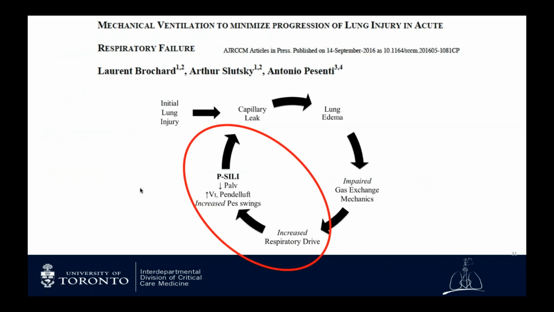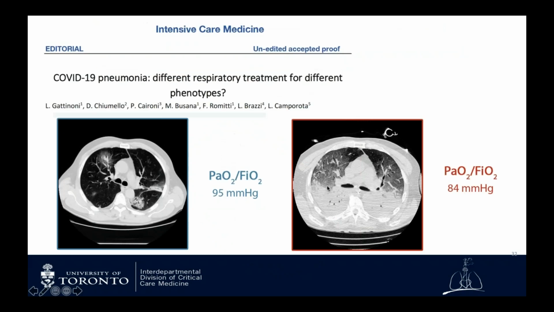And this revolves around one of the main concepts here, the idea that patient self-inflicted lung injury is as important as ventilator-induced lung injury. And so patients themselves may be driving some of this, where given initial lung injury from viral pneumonia or whatever cause, which causes some lung edema and impaired mechanics and increases the respiratory drive, which then gives higher distending pressures across the lung, maybe causes some pendeluft and further overstretches the lung, which then worsens capillary leak and so on, and you get into a vicious circle.